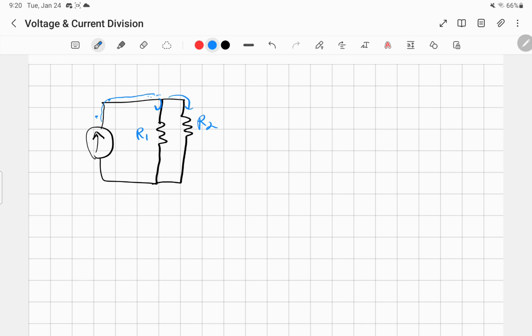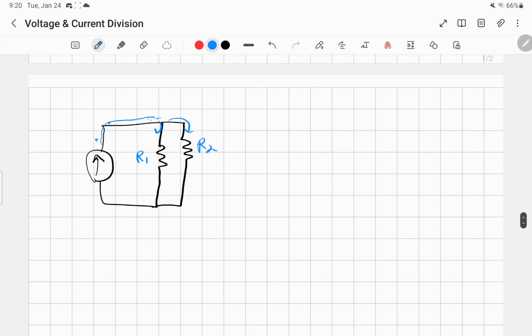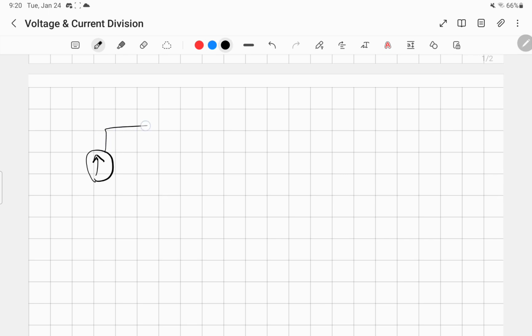The current is divided. Since we have both the current source and the resistors in parallel, the current is divided. And analogously, if you have a circuit like this with the two resistors in series, then you're not going to get current division, okay? This is not a current dividing circuit. Okay, so now let's explain this a little bit more formally, and we'll figure out how to quantify this effect